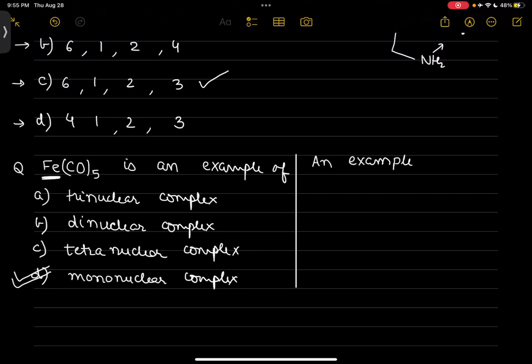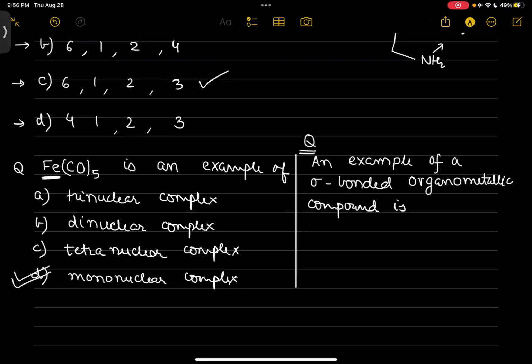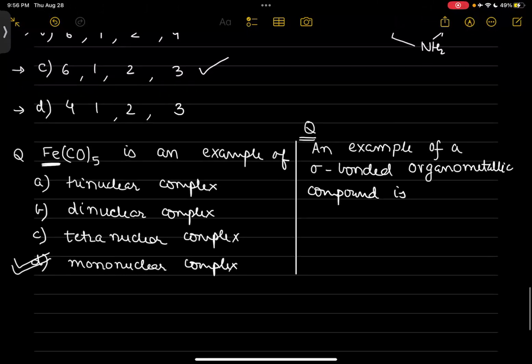An example of a sigma bonded organometallic compound. Sigma bonded organometallic compound means